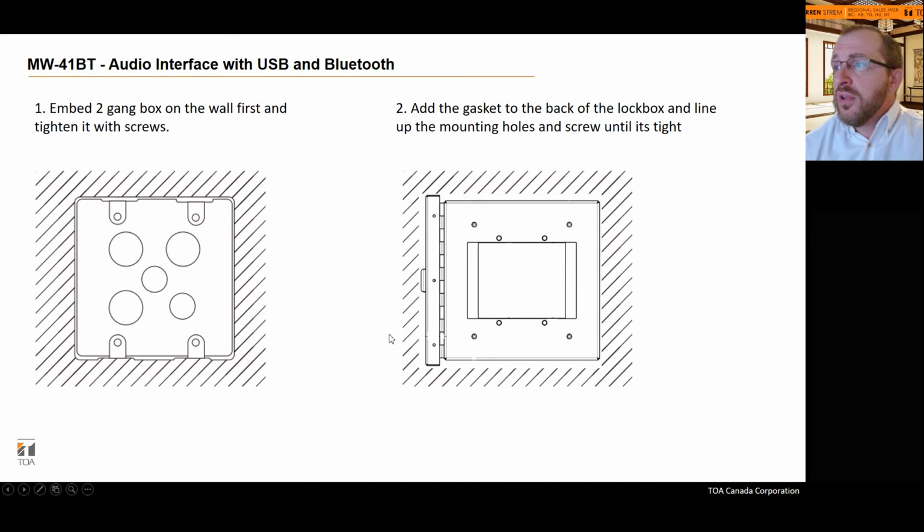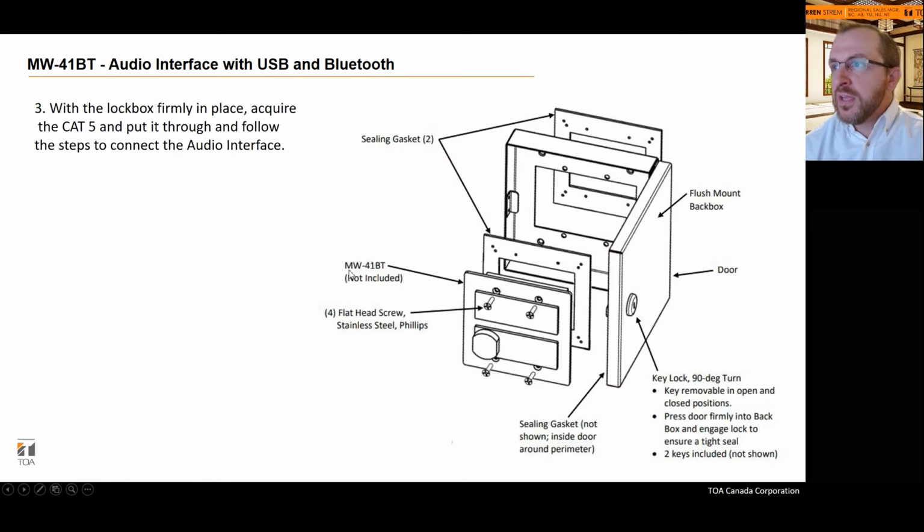But if you are using a lockbox, it's a fairly similar idea when it comes to one of the lockbox options, this being the flush mount lockbox. So, you start with that basic installation into the 2-gang box, but you do want to have the gasket in between for weatherproofing, etc., in case that's needed. Once that's in place, it kind of goes together fairly simply like that. You've got the second gasket for the inside of the box, and then the MW goes in,